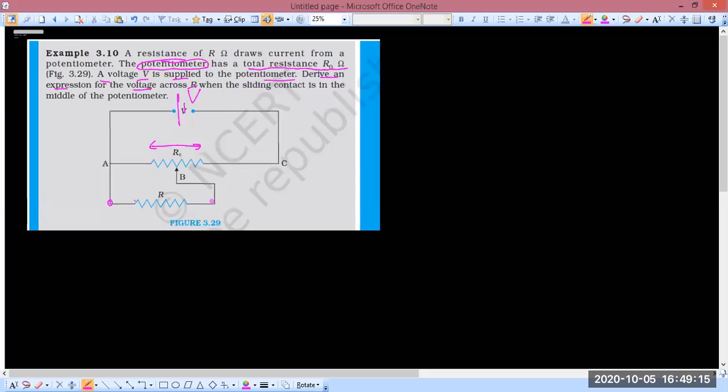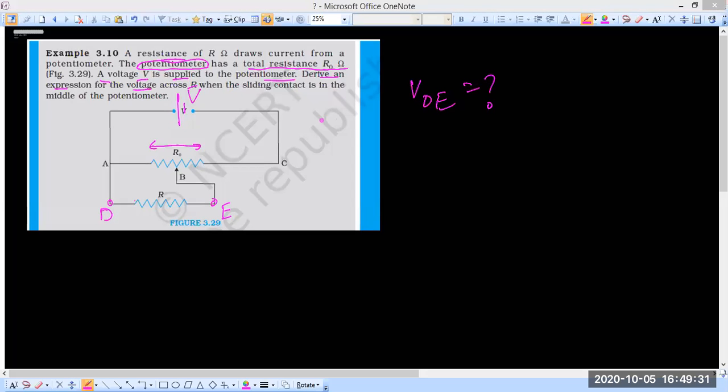એટલે આ બે પોઈન્ટ વચ્ચે potential difference શું આવે એ find કરવાનું. Okay, we want to find what is the potential difference between these 2 points. આને કંઈક કહી દે, DE. Right, so we have to make a formula of VDE. Right,